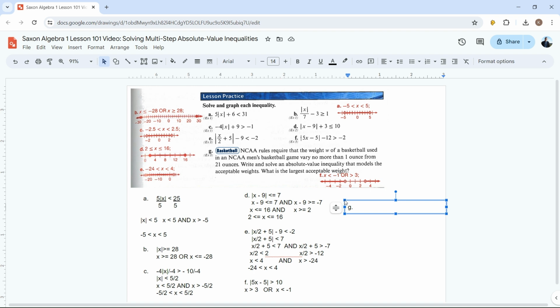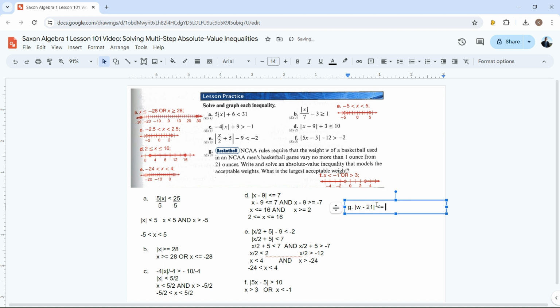So here's what we're going to do. The weight of our basketball is W. And we're going to subtract 21 ounces from W. Now, if we perfectly have a 21-ounce ball, W minus 21 should be 0. But we don't have to have a perfect 21-ounce ball. We could be off by an ounce. So actually, all that has to be true is that W minus 21, and then we're just going to make that value positive. So we're going to do the absolute value of that has to be less than or equal